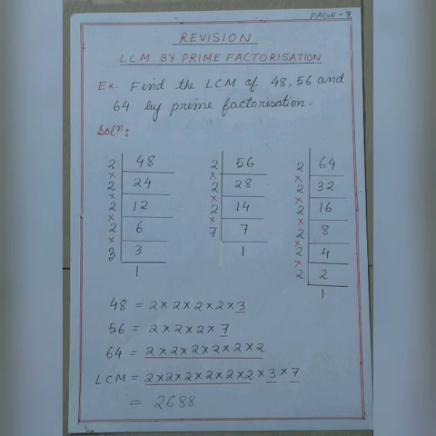So here I will pick up the longest chain of the factors, product of factors. So we have got factors 2, 3 and 7. The longest chain of 2 is where we have got the most number of 2's. In 64, we have got six 2's: 2 into 2 into 2 into 2 into 2 into 2. So I shall pick up six 2's from 64.